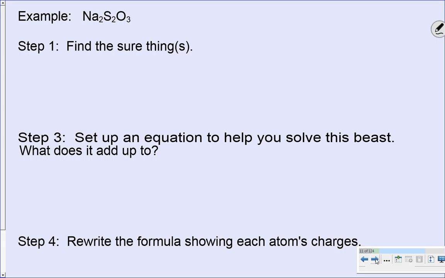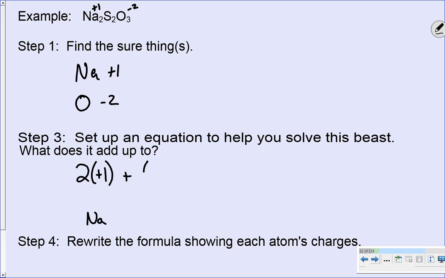So if we find our sure things to the next example, sodium is a sure thing, has 1 charge. Oxygen is a sure thing, it only has 1 charge. So my sodium is my +1, and my oxygen is my -2. Sulfur is my mystery here. So I'm going to set up an equation to figure out what I'm missing. I have 2 sodiums. So 2 times +1 to represent each sodium,